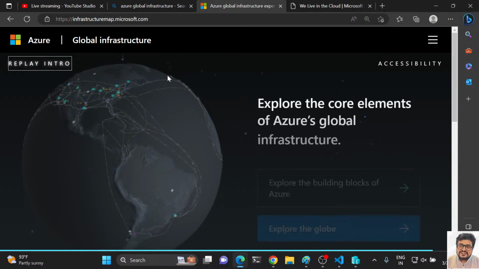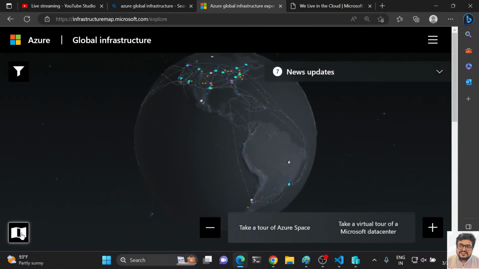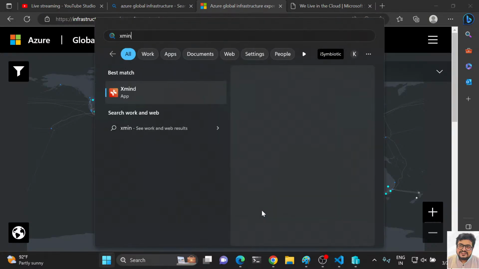Let me go with explore the globe, and let me remove all the fancy stuff and make it a map view. Okay, are you seeing all the dots? Wherever you are seeing dots on this page, there is something of Microsoft that is running over there. So what Microsoft tries to tell about this is,